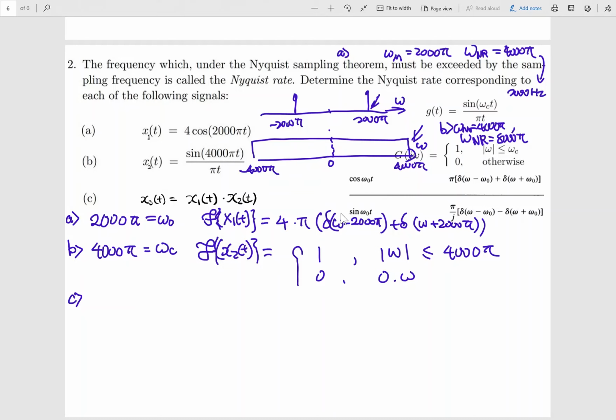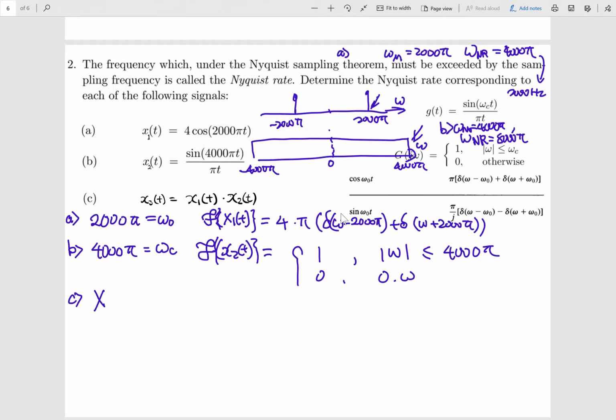So C asks you to solve the Nyquist rate for this one. That means we want to find the Fourier transformation of the product. And as we said before, usually if one of the signals is just a sine, cosine, or exponential, we can convert it into the frequency domain and find the convolution there, because in the frequency domain, one of them will be a spike, and here it is clear. This one is just the spikes, and this one has some shape, but we can find the convolution very easily by shifting this here and here, shifting left and right by 2000 pi. So